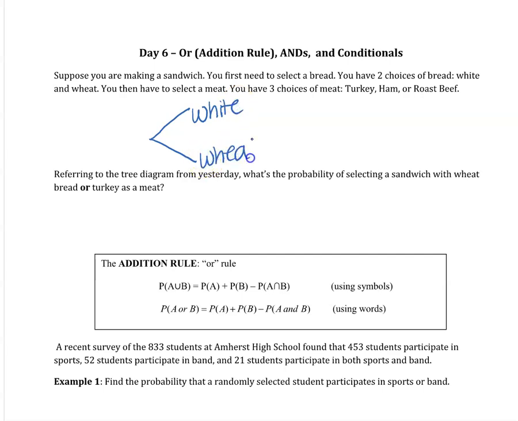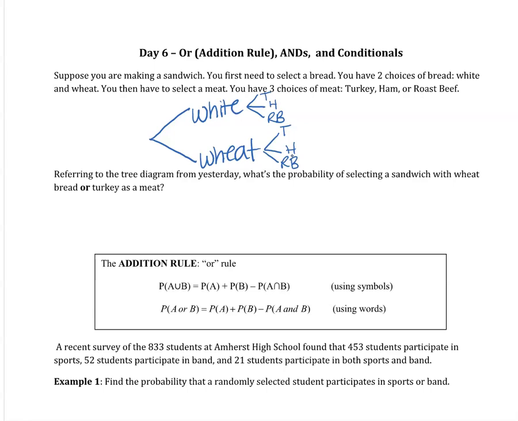So here's your choice of bread, and then from there, your choice of meat. And as we discussed in our last lesson, this shows that we have 6 possible options